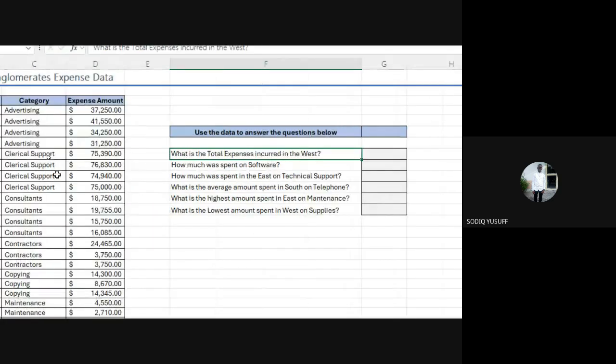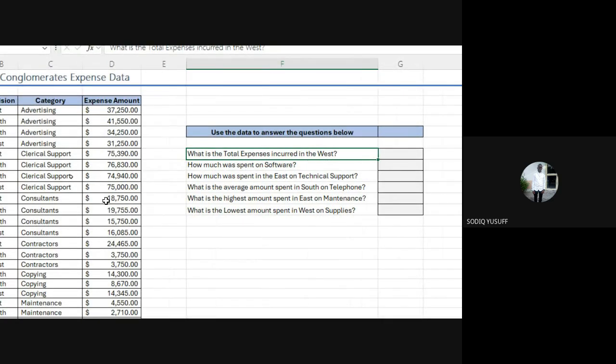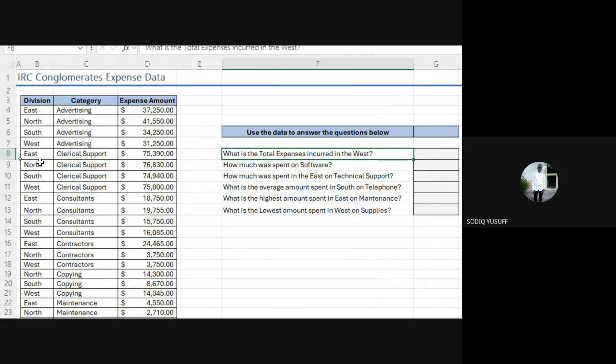We are looking at the total expenses. However, we are only considering the Western division. So in my head already, I'm finding total expenses. I know I need to sum it. However, there's a condition attached to it. I must only sum the expense amount coming from the Western division.